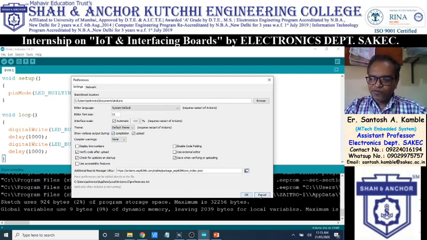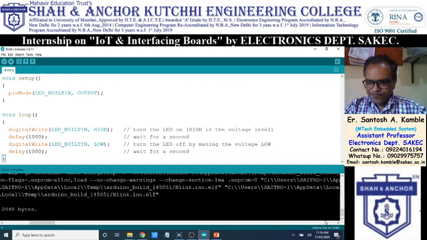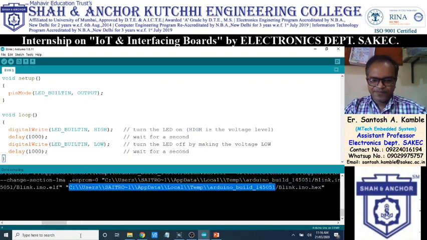Then click on OK and compile. Near the end of the output you will get the hex file address: C drive, Users, Citronics, AppData, Local, Temp, arduino_build_145051, and Blink.ino.hex. So this is my hex file, Blink.ino.hex.